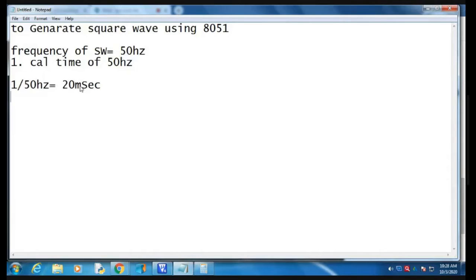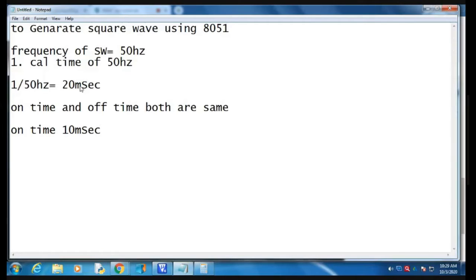But for the square wave, there is an on time and an off time, and both are the same. So we consider the on time as 10 millisecond and the off time is also considered as 10 millisecond.